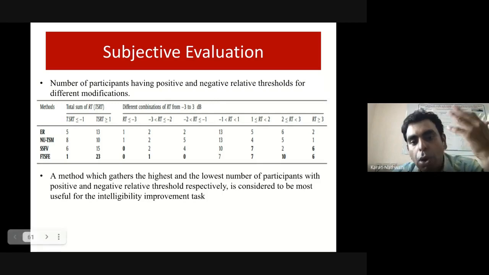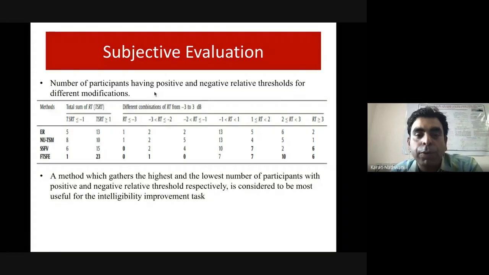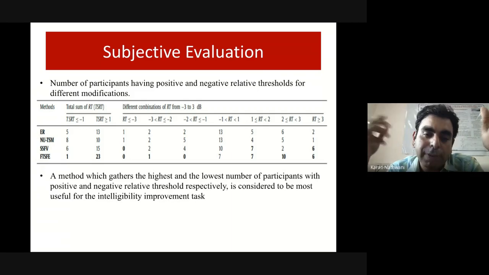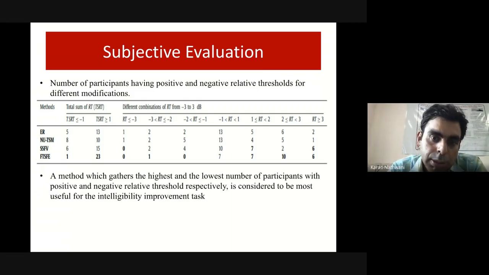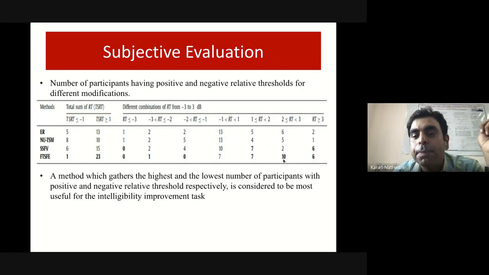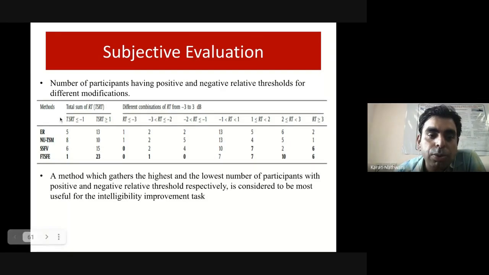If someone wants to work on this, they can actually find an even better way of doing it. But this is what we have found to be a much better way to identify the evaluation of the subjects. Even if you may be happy to see a 2 to 3 dB improvement, 10 participants, meaning 10 subjects, were able to do that. Similarly, for RT greater than 3, you have 6 subjects where the improvement was observed. So this is much better than the other 2 methods.